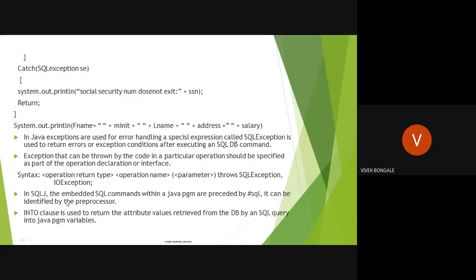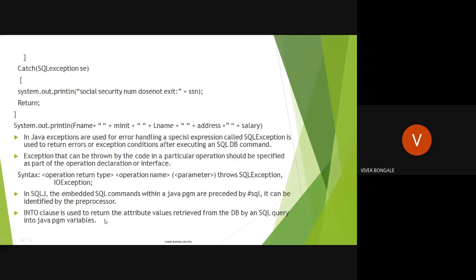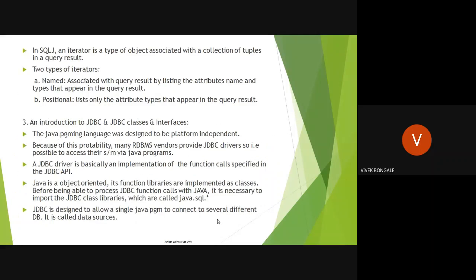In SQLJ, the embedded SQL commands within a Java program are prefixed by #sql. As explained, the embedded SQL is going to be identified with the help of #sql. It can be identified by the preprocessor. The INTO clause is going to be here. INTO is used to return the attribute values retrieved from the database by an SQL query. This is how we're going to assign the values, or try to write the attributes, or try to write the program by using the